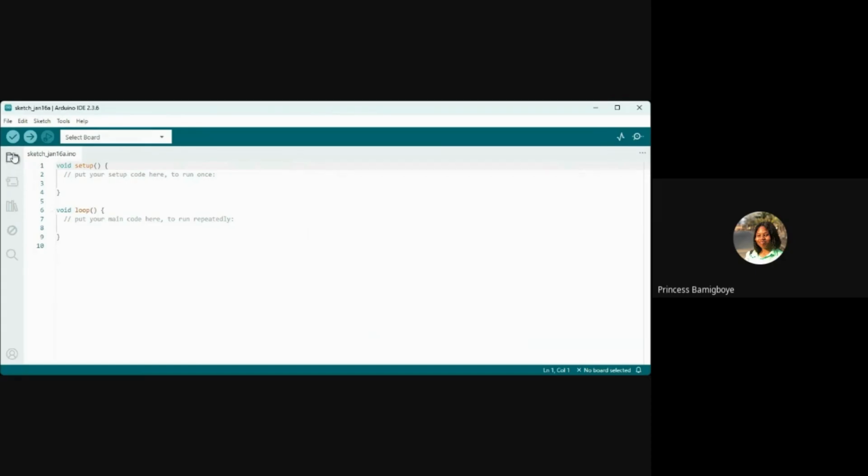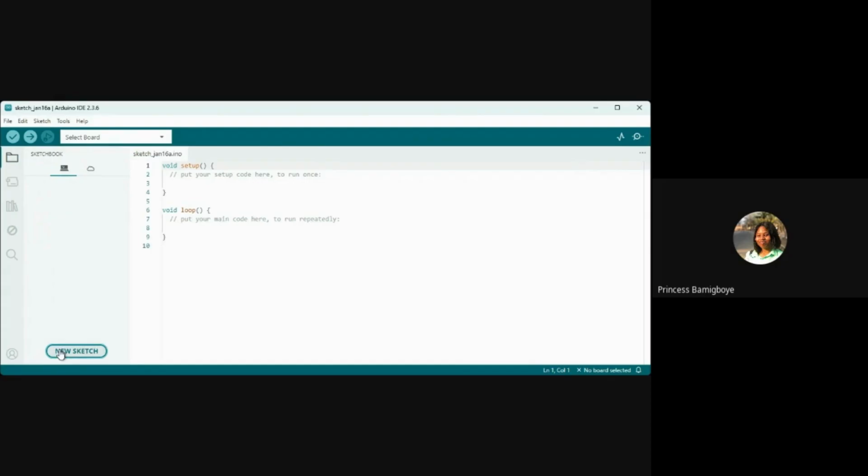So the Arduino IDE, I'll start with all this first, then I'll go to the code. We have this part. This is the sketchbook part, for new sketches, for creating new code documents.